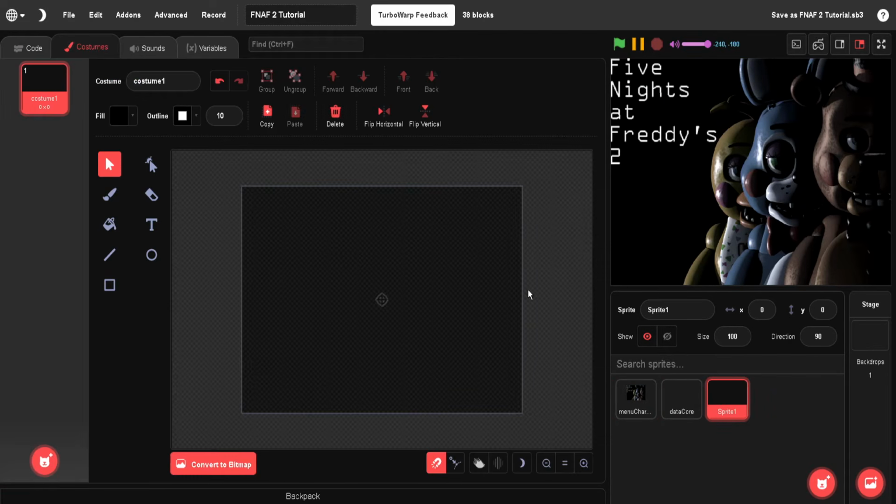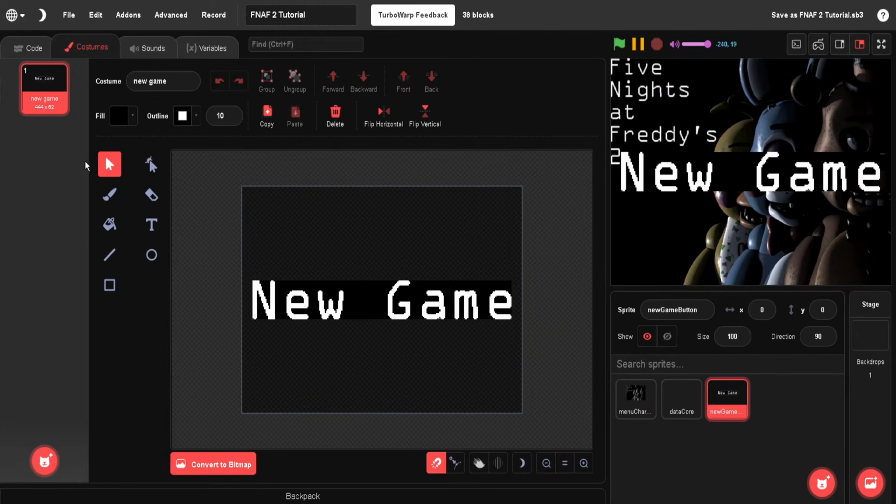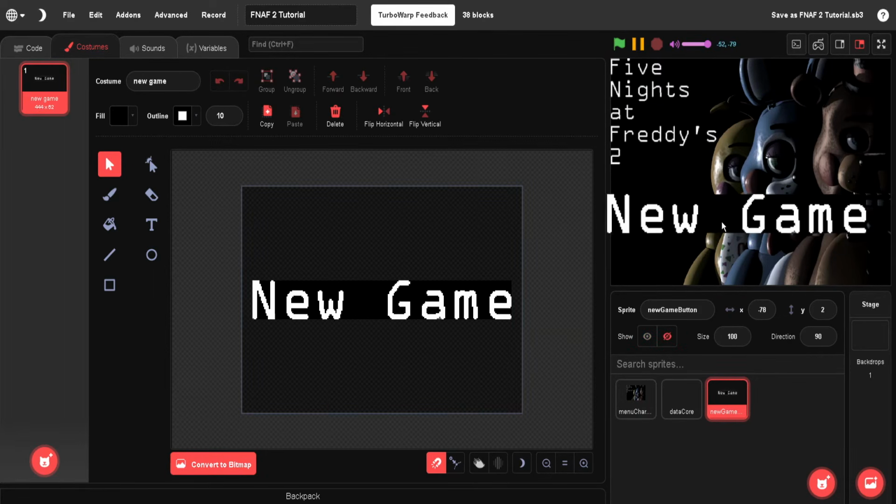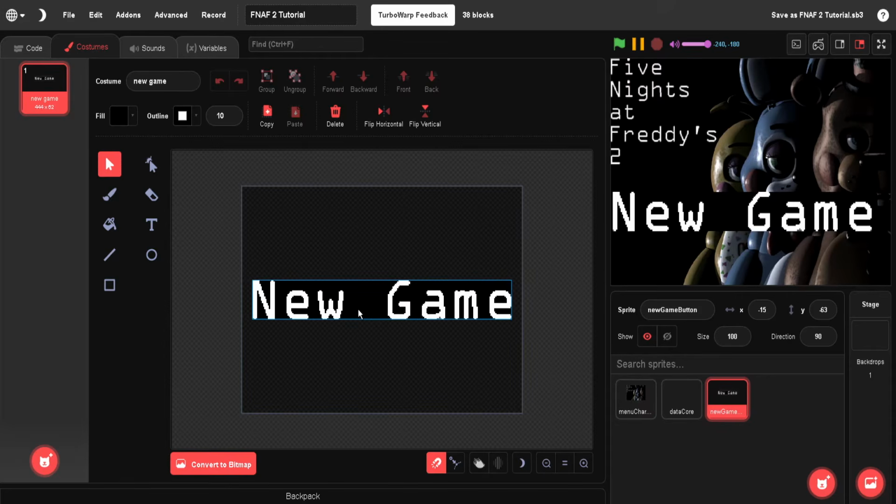We will make a new sprite and call it new game button. I will import my art, and I suggest you create yours. Here is my new game button. As you can see, it's very large, and it has a black backdrop which is equal to the backdrop of my characters. The reason being is because if there was no backdrop here,